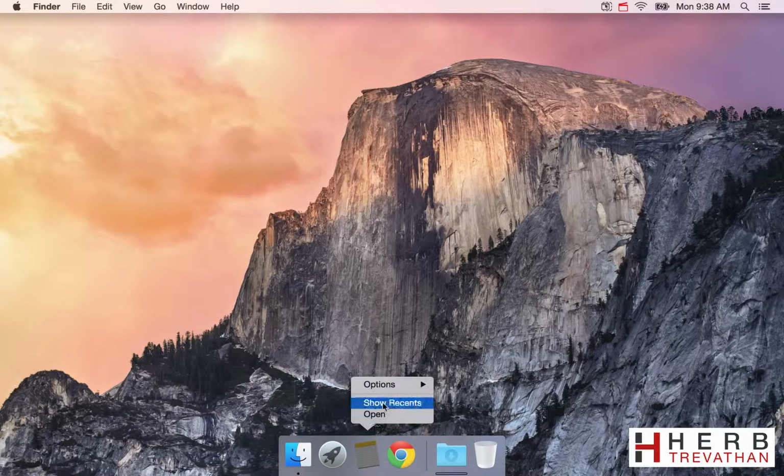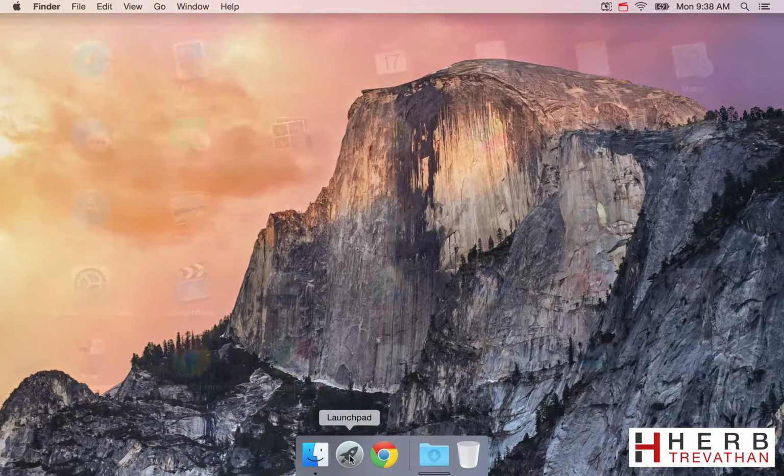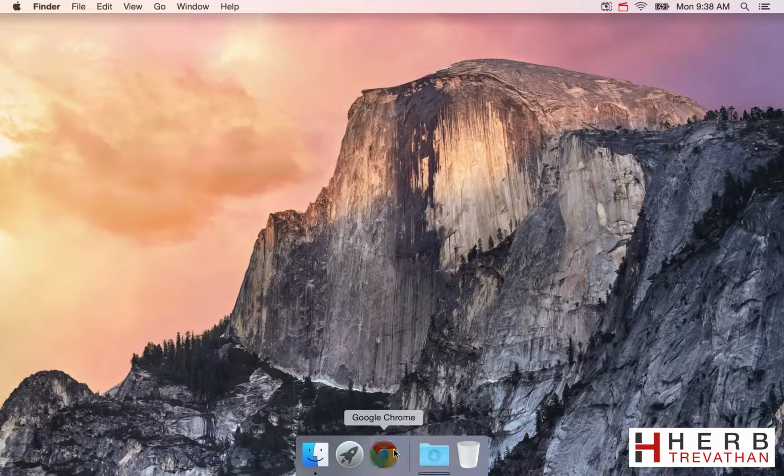Notes I do not use. I put everything in Google Docs because then I can access them on my phone and on my tablet. This Launchpad I occasionally click on because it's the same thing as hitting F4, so sometimes when I'm looking for an app, I do it that way. So now, one thing that I do add